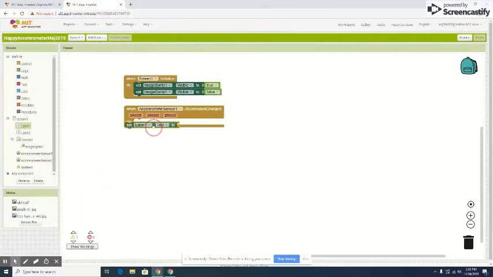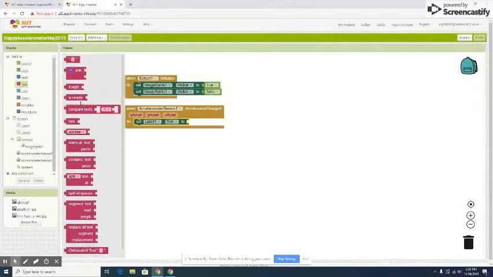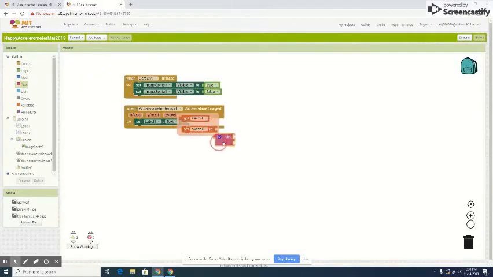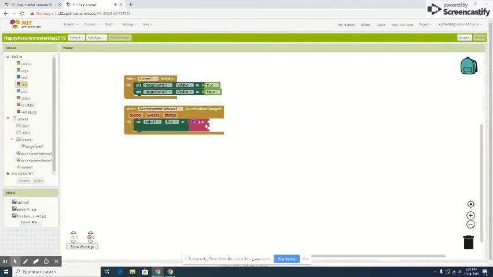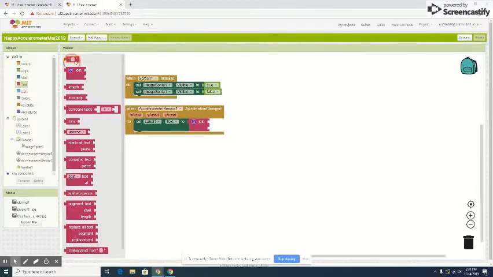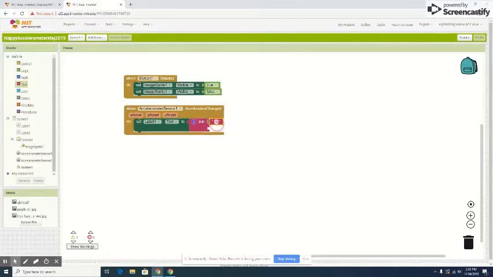If it does, just add it, and then go to text, and then add join, and then go back to text and add one of these, and type in X Accel, and then the equal sign,